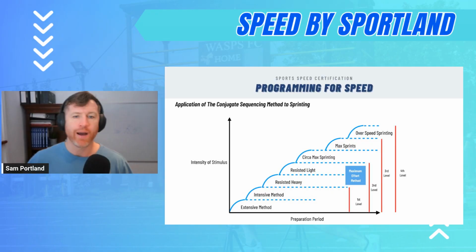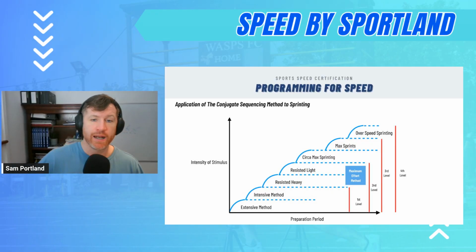through different specialized means. The reason why I say that is there is a vast amount of training that just continues to exist within the general realms of training. And if you're here, you definitely know that that is not what is going to help your athletes. The more stuff that we can let go of within our training, the more progress that we can make, especially in the general means. So I'm going to bring in our conjugate sequencing methods here, and as you can see,